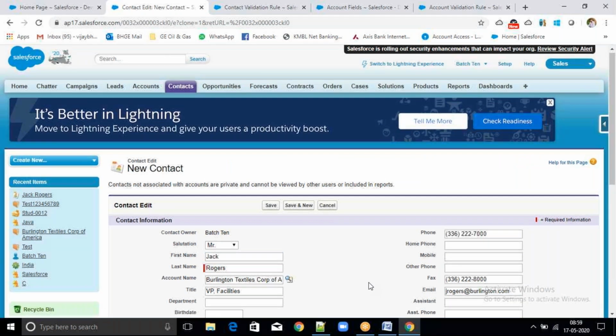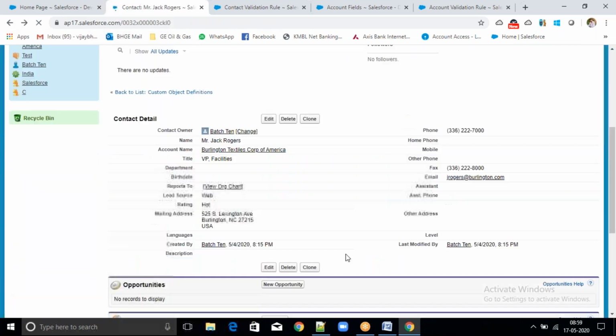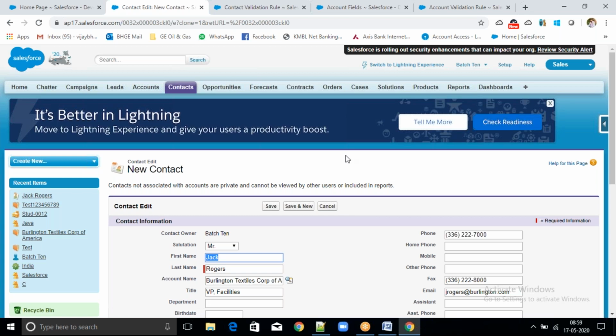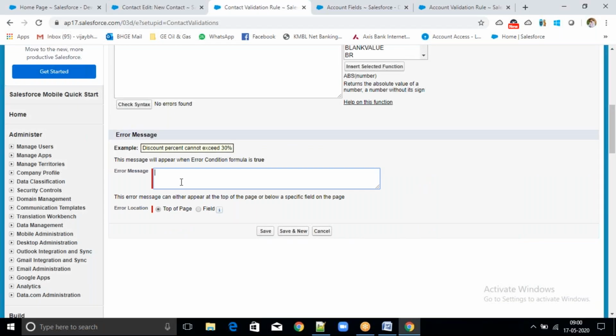I don't want to enter same data, right? If I don't want to enter same data, then I will click on clone. It means this record is different. Now I'm trying to create new record. This record is different, but I didn't enter any values, right? This record is cloned from another record. If this record is cloned from another record, I want to throw an error. So is clone. Record can't be cloned. So I want to display at top of the page.